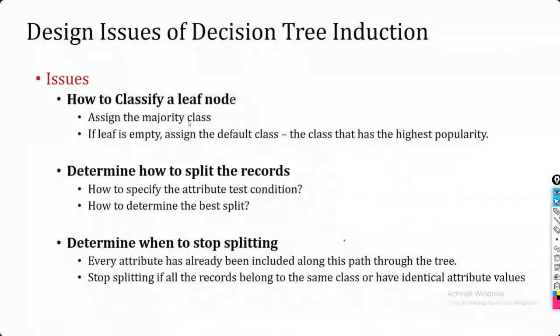If it's one class, no problem. But if there is an uneven distribution of classes in that particular group and you want to stop, you are going to assign the class label by the majority value.